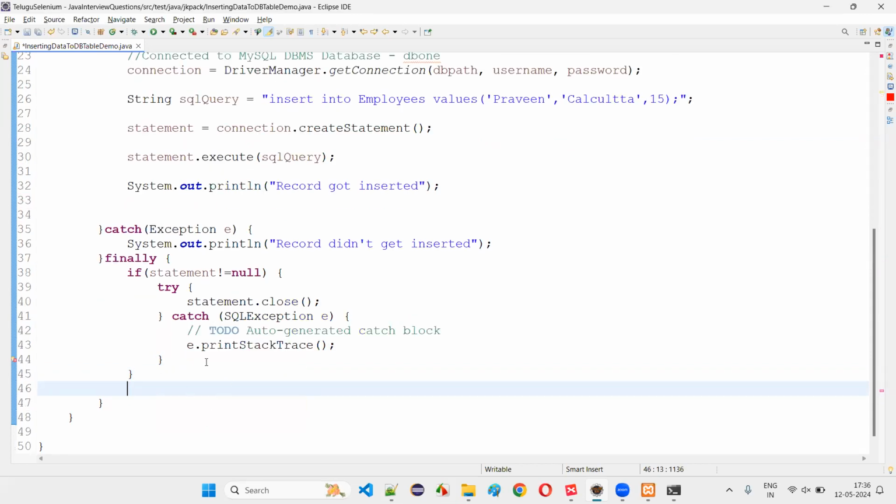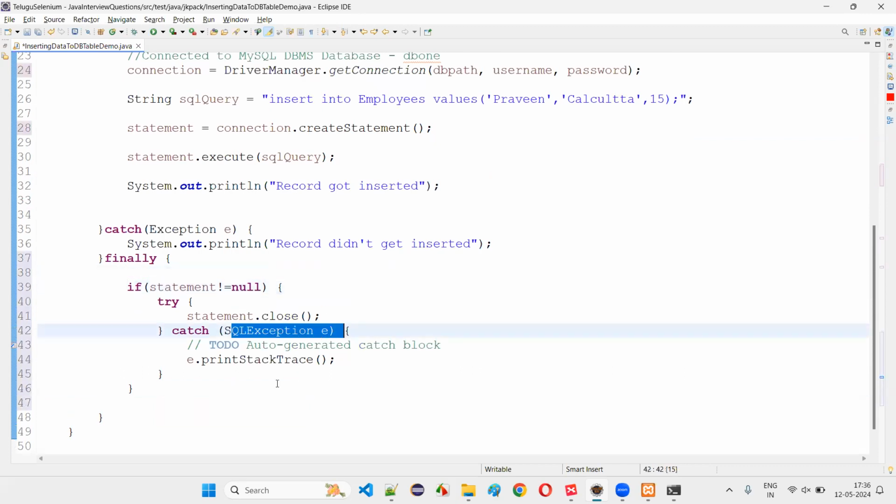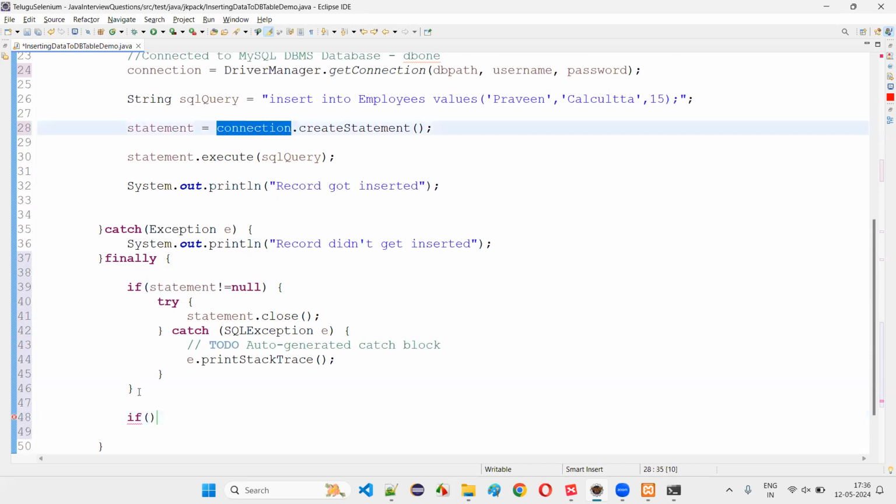And again, one more thing here, you see again try exception. Okay, surround with try catch block, you can say. You can write like this. Okay. SQL exception is possible. And one more thing also, if this connection is not equal to null, this is a complete program you have